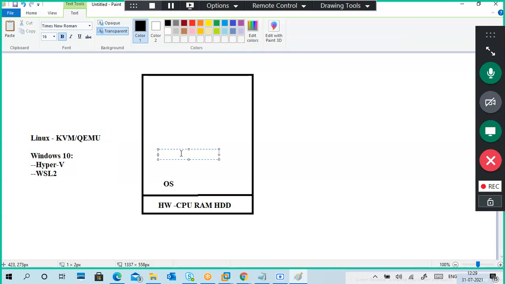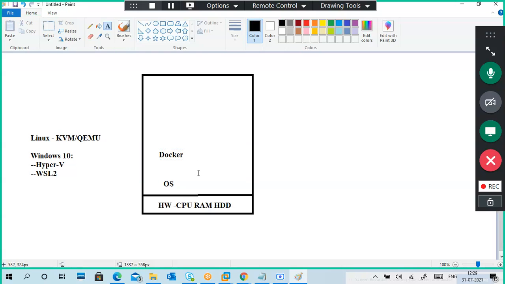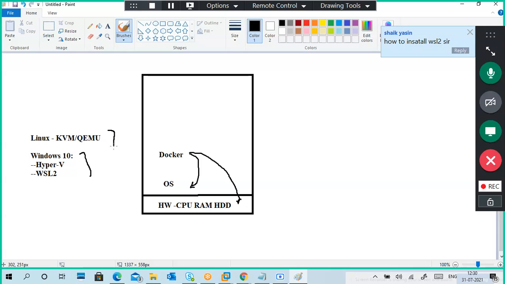So what will this Docker engine do? Whenever you install Docker on Windows, it gives you both CLI and GUI support. Docker runs on your operating system as an application, utilizes your hardware, and uses your hypervisor platform.